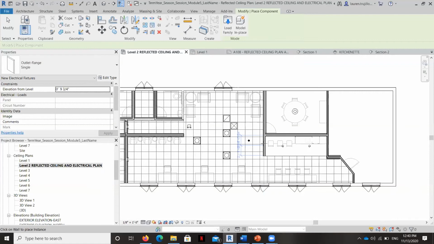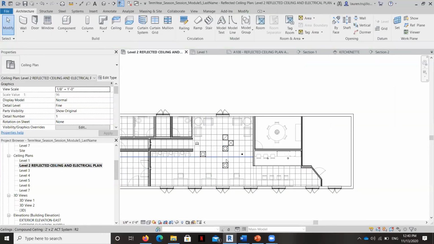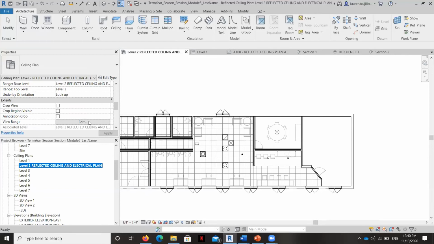And I guess if you were really, really flat, you would still see the outlets. But a reflected ceiling plan isn't showing things that are that low on the ground, but we want to show them because this is an electrical plan also. So what we have to do is go to our view, and we have to go to our view range here.